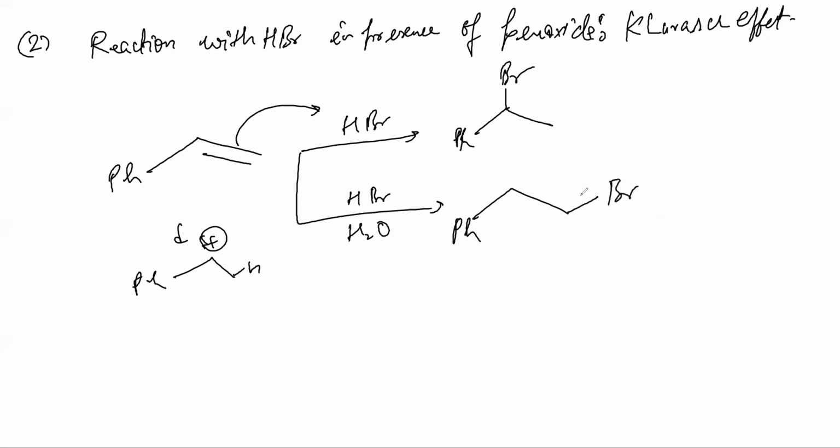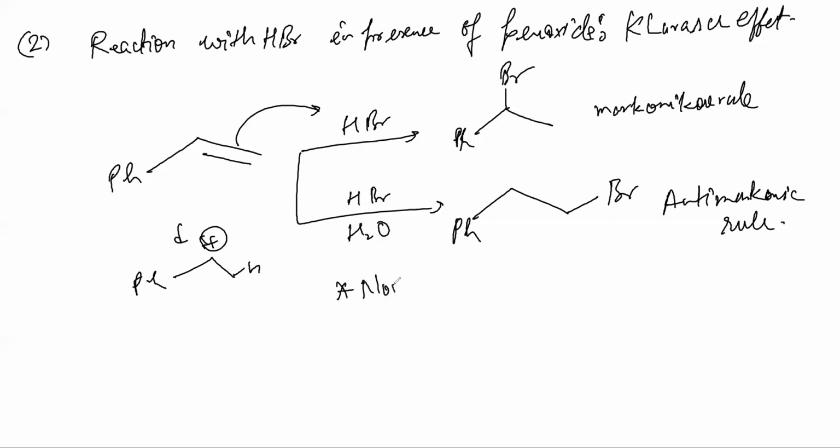Yes, sir. We get Br at the corner. As you said, the first product is formed by Markovnikov rule. That we have already discussed. Second, it is anti-Markovnikov. See how quick we can run now, once we know every mechanism. Please note this. And remember, this is not shown by HF, HCl or HI. They don't give this reaction.